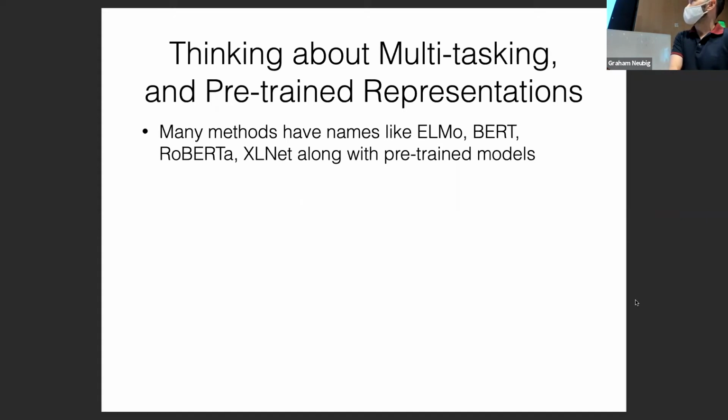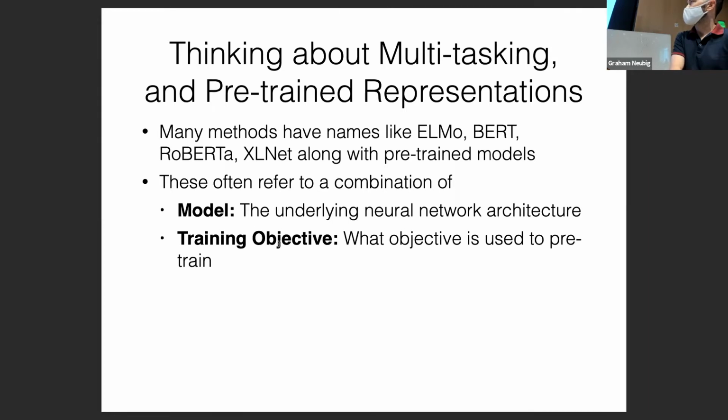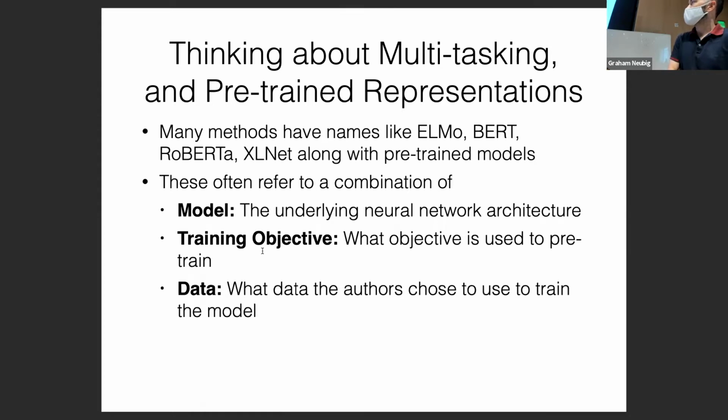But when you think about what these methods and also the models that are released together with the methods entail, they refer to a combination of several things. So they refer to a model, the underlying recurrent neural network architecture that's used to train them. They refer to a training objective, so what objective is used to pre-train, and also what data they are trained on. So if you're using the Roberta model, you're using a particular neural network architecture, a particular training objective, and